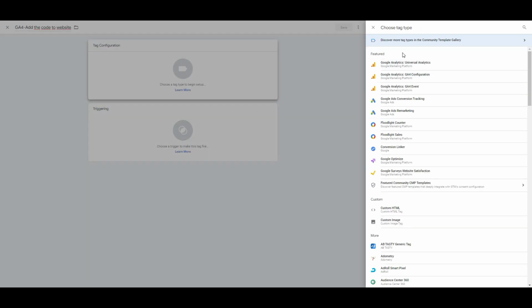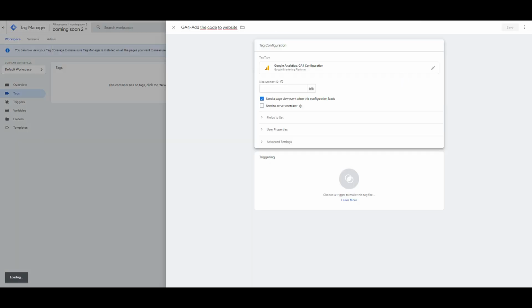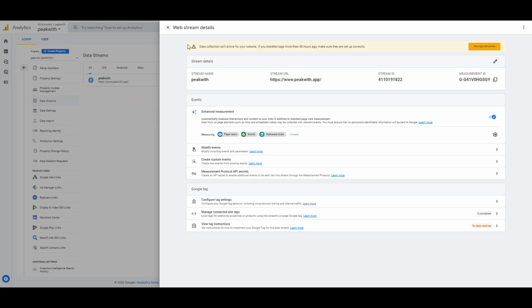As you can see, the features come here: Google Analytics, Universal Analytics, configuration, events, Google Ads conversion tracking, and others. Now, the first thing when I integrate Google Analytics using Tag Manager, I need to choose configuration. It is essential. And as you can see, we have a measurement ID, and we just copy it